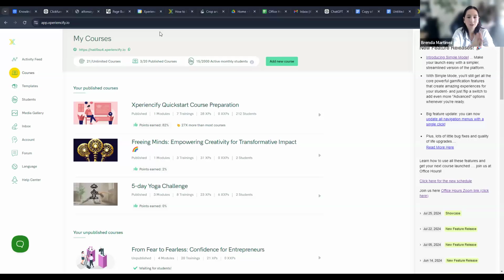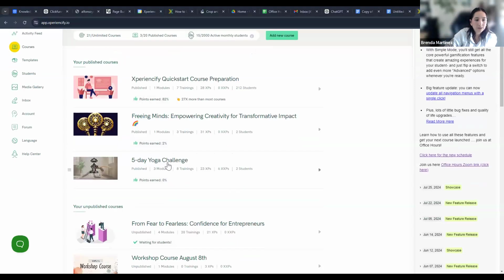Good. So today's topic is going to be about bonuses, the bonuses that we have inside Experienceify. If you remember from the expiring mini course, sometimes you can have certain blocks that could be bonuses, right? But also inside XP, you have the option to create bonuses as well. And if you open one of your courses, let's say this one,